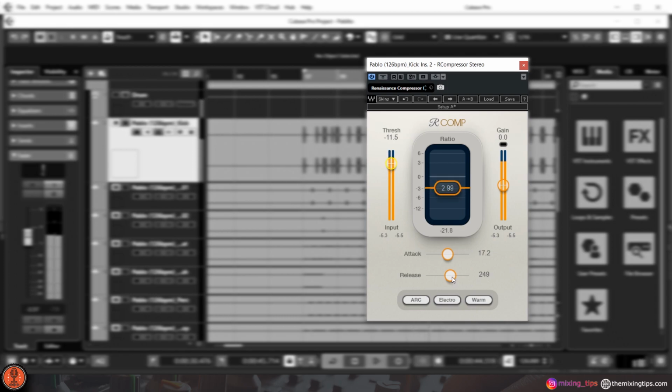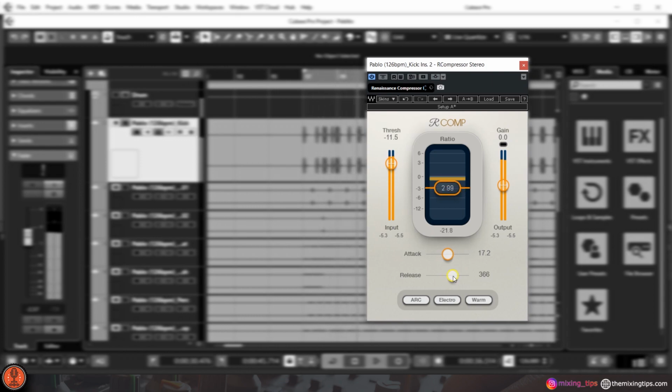Okay, we are getting a little bit more of the click and the punch from the kick now. With the fast release we are getting some distortion, but we are not going to do fast release this time